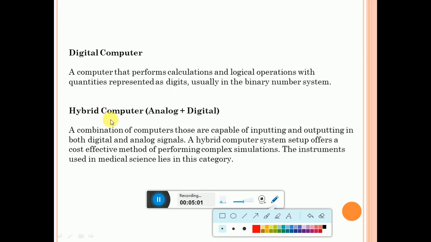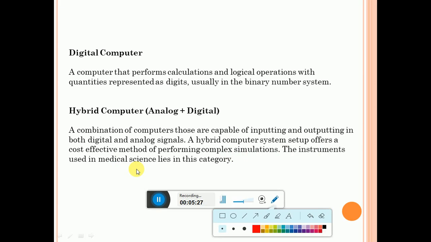The third type is called hybrid computer. Hybrid is nothing but a combination of analog and digital. This computer accepts inputting and outputting in both analog as well as digital signals. It is used for complex simulation, for instruments in the medical sciences.